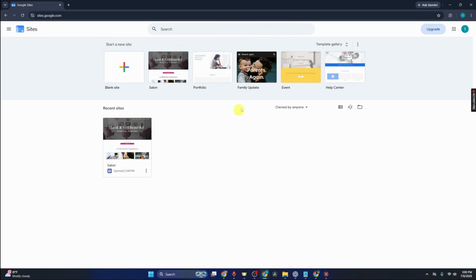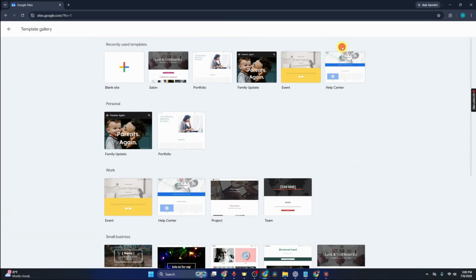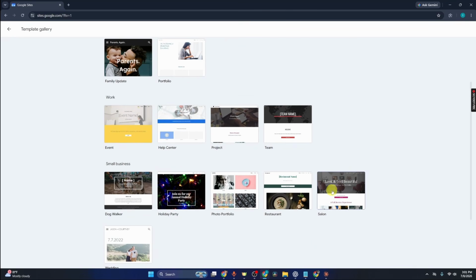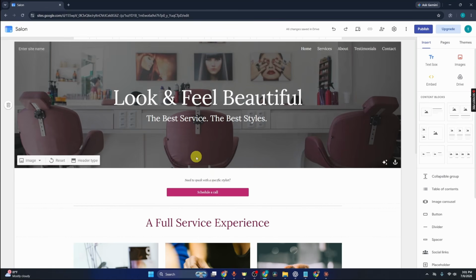To browse your options, just click on the template gallery option and then you will see templates organized by category like small business, work, personal, education, etc. For this walkthrough, we are going to go with the salon option, which we will then adjust to fit whatever our actual project needs, even though it was not originally designed for this purpose. This is a great way to see how flexible these templates really are once you start customizing them. So just select any template that you want to work with, and once you have made your selection, you will land inside the site editor, and this is where we will be spending most of our